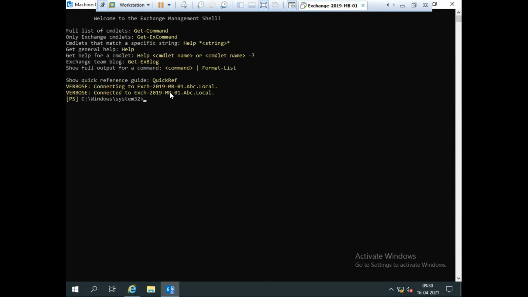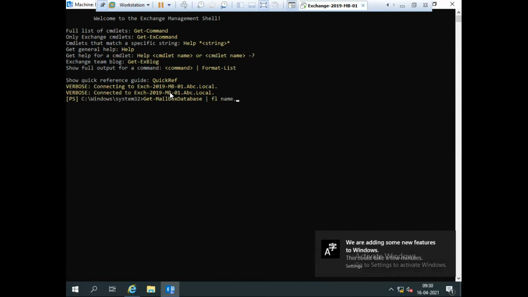The command you need to write over there is Get-MailboxDatabase, then use a pipe, then Format-List, the name, comma, then I want to see the EDB file path, not name.